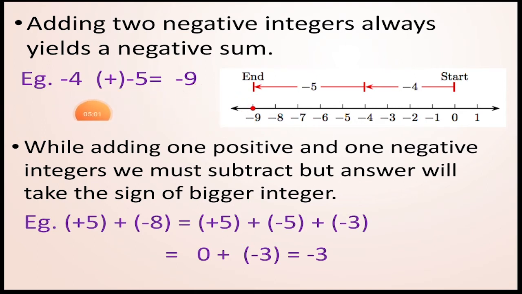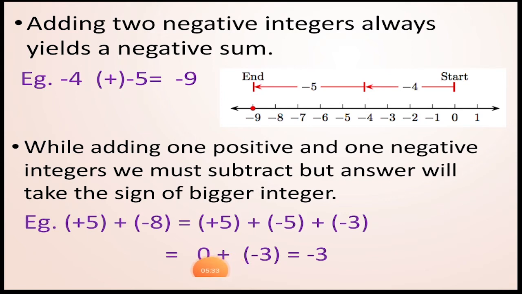Okay, when we add two negative integers, we get the sum also with a negative sign. So we can write this minus 8 as minus 5 added with minus 3. Why have we expressed it like this? Because in the first rule we learned that when we add two integers of the same value with opposite sign, they get reduced to 0, which means their sum is equal to 0.